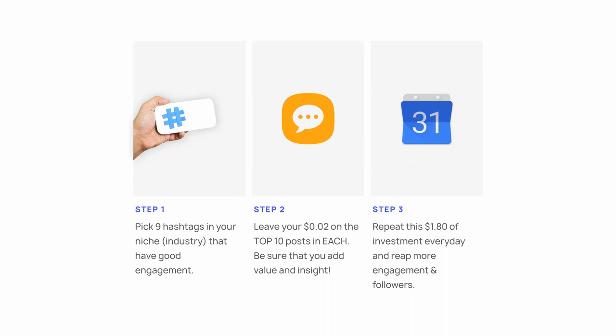In total, this is $1.80 of your thoughts on the internet on a daily basis. You can easily get anywhere from 50 to 60 followers a week. I've seen some people getting over 100 to 120 followers a week doing this. Again, this is a big investment, not going to pretend it's not, but there is a benefit: now those people are following you.